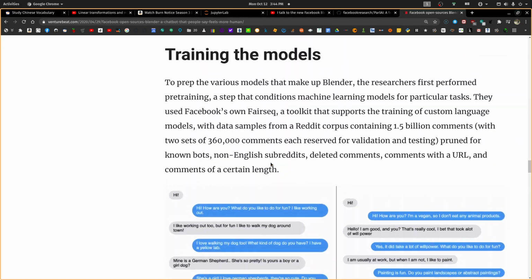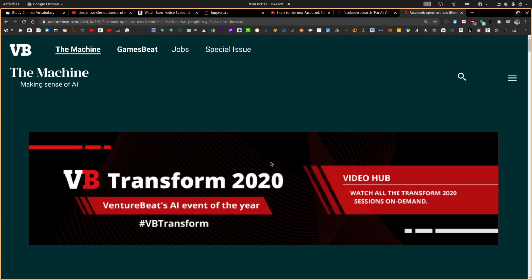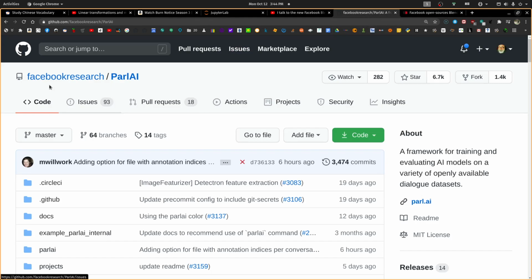But I think I want to install this software. And so how do you do that? Well, here under Facebook research is something called ParlAI, or Parlay. And what we're going to do is install this, and then we're going to get that 9.4 billion parameter model and bring that down and see if we can get this running.